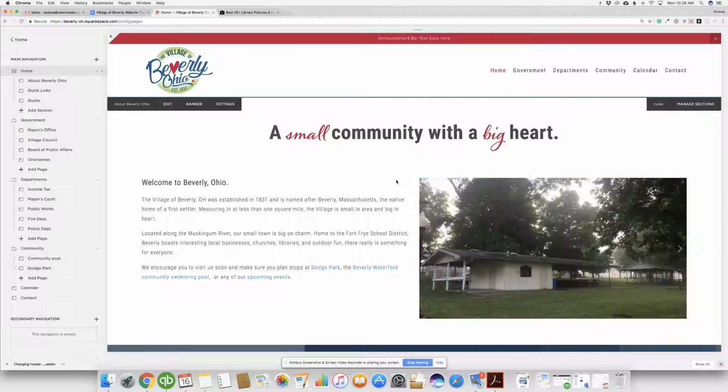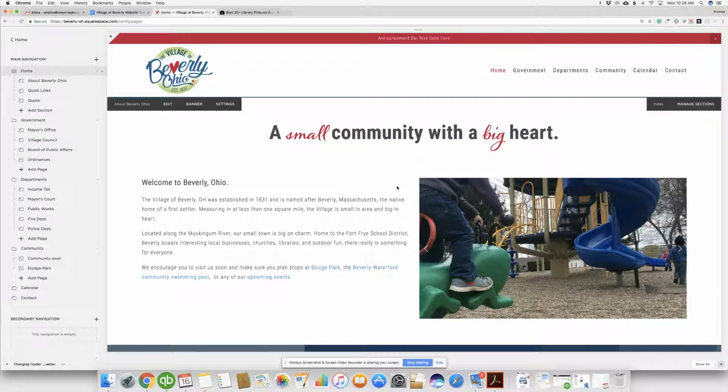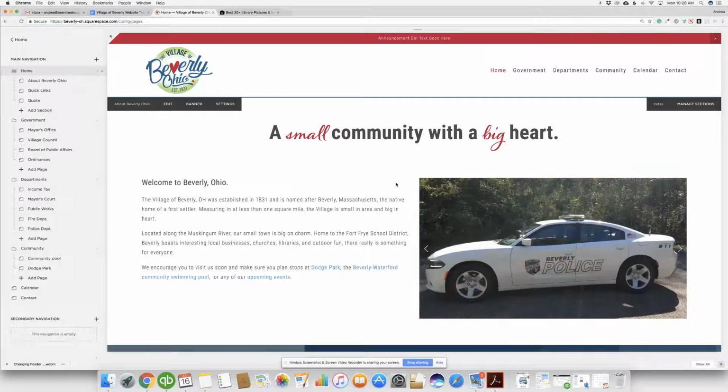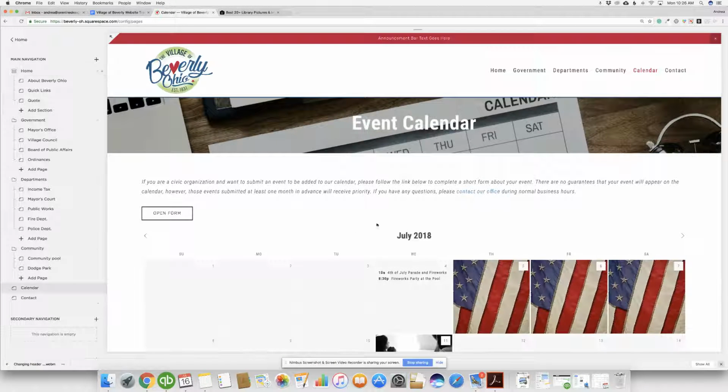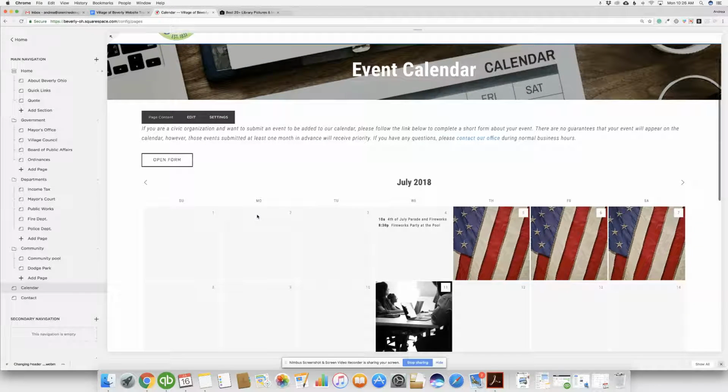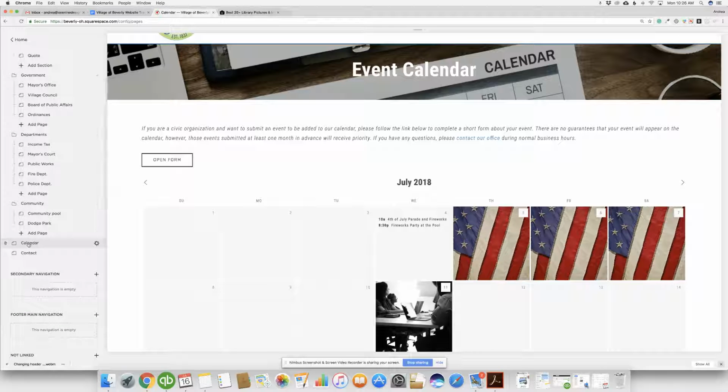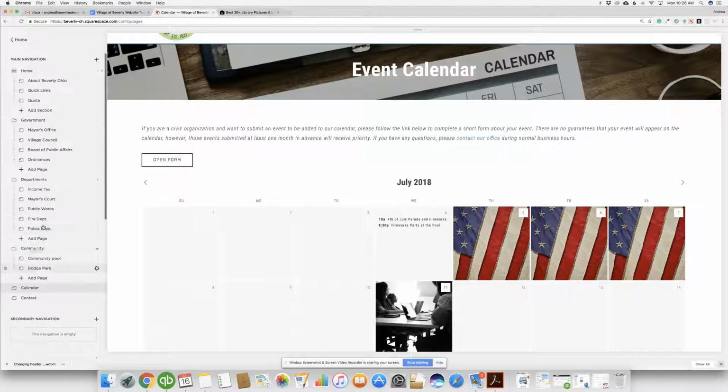This tutorial is going to show you how to add an event to your calendar. So your website is set up a little differently than some others that I've done, and that is because on our calendar page, we have some intro text here, and we wanted folks to be able to complete that form on the calendar page. So over on your left menu, you're going to see calendar here under main navigation,